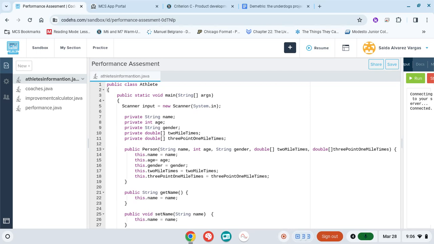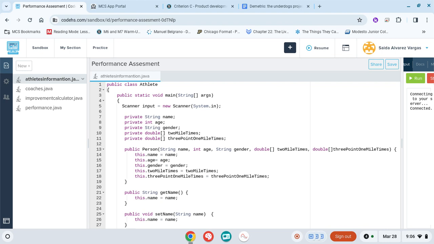to calculate the times of each runner on the cross-country teams, like their improvements over time, as well as to keep track of their general times over the years in order to check how much they've improved and to continuously encourage runners to improve. So we start off the program by